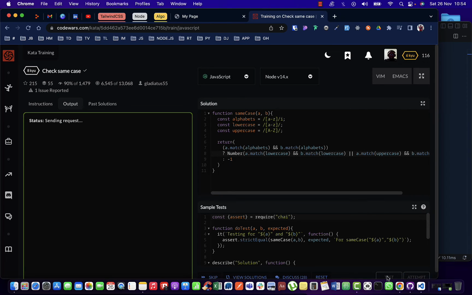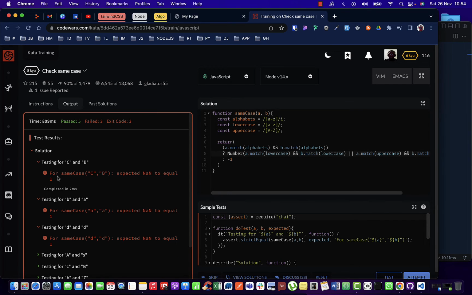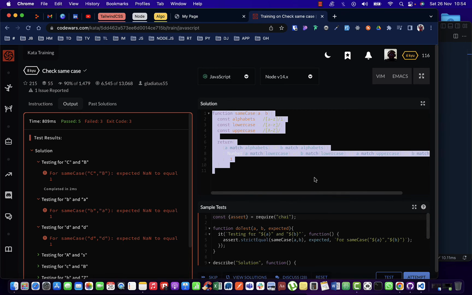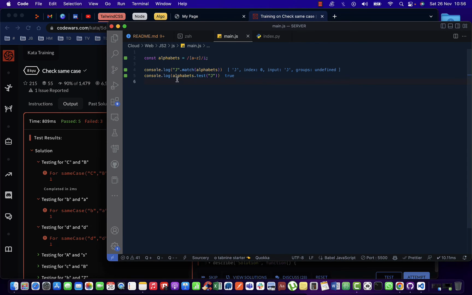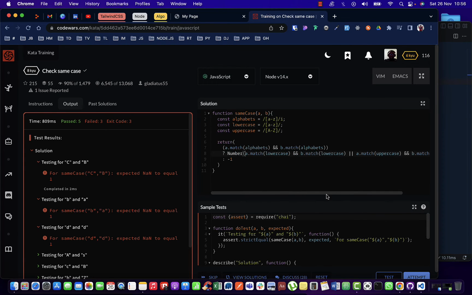So let's run it, test. Now we have a problem. It said for same case expected not a value to equal 1. All right, so we made a mistake somewhere. Can we see where the mistake is? Yeah, remember when we came here we said when you are using test compared to when you're matching, it doesn't give you a direct boolean. So what we'll do instead is we're going to make this test so that it makes it directly boolean. So we'll just copy this one